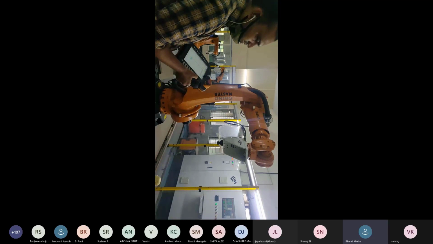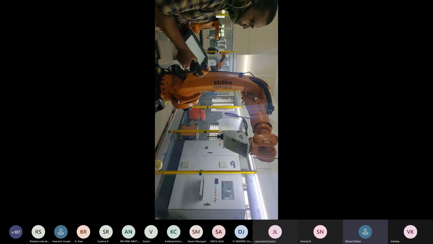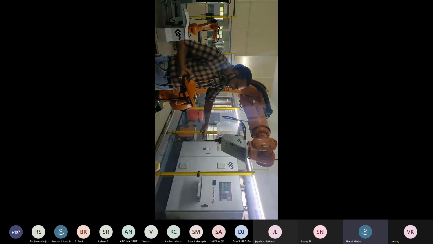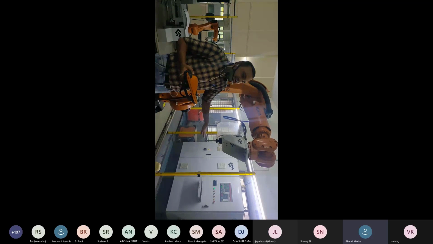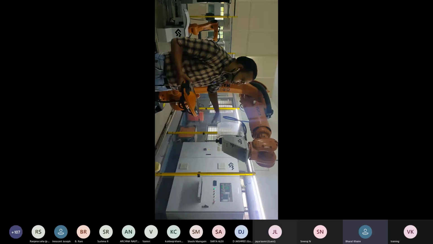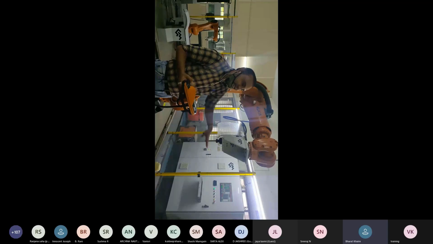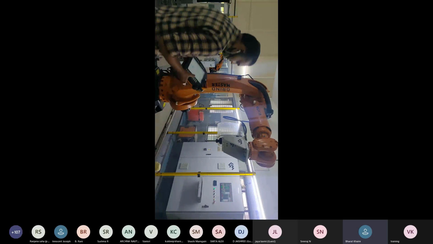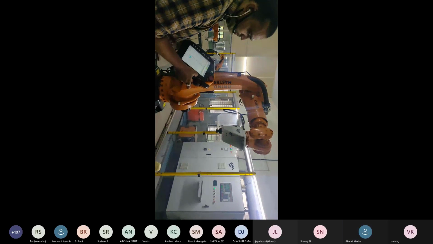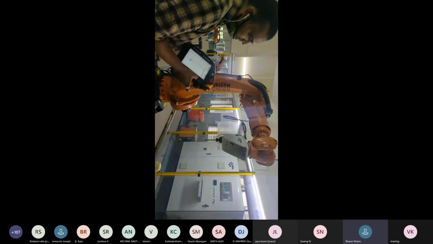It is the X plus axis. The tool will go from start to end and make one straight line, without any curvature. This is the X axis plus side, and this is X minus. As per the right hand rule, this is the thumb direction, X plus and X minus.